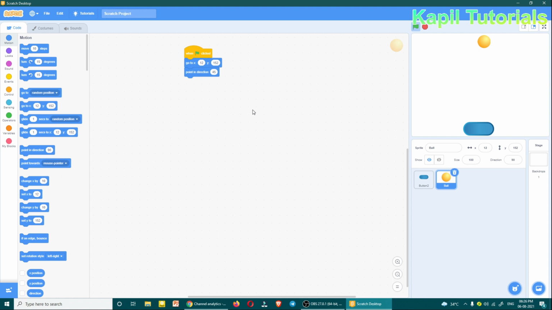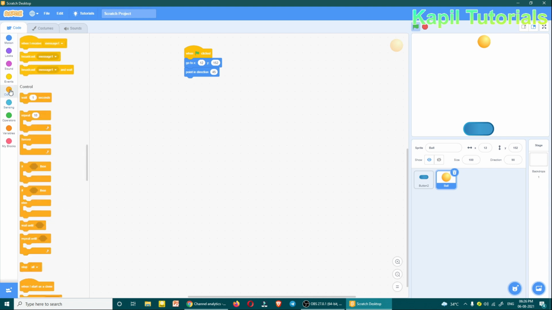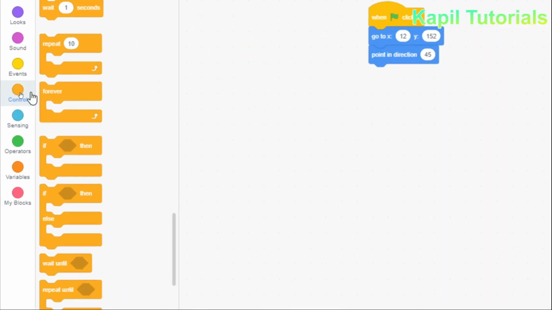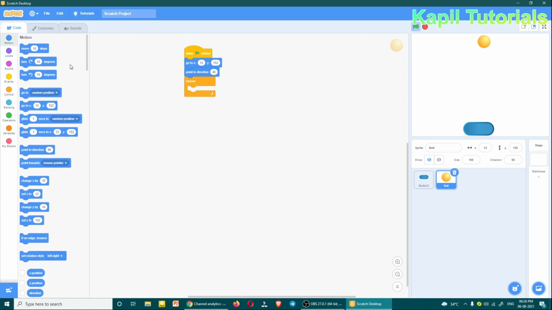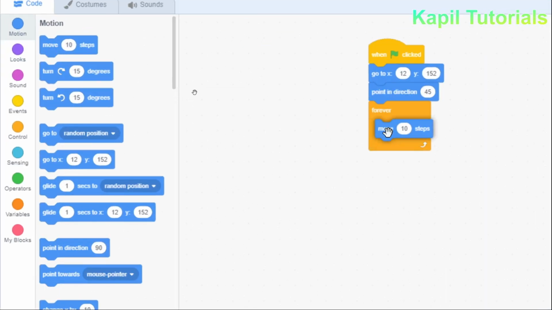Now I'll use the forever command here, the same way I have used in the button sprite. Now here also I have to use the move command. Move 10 steps.